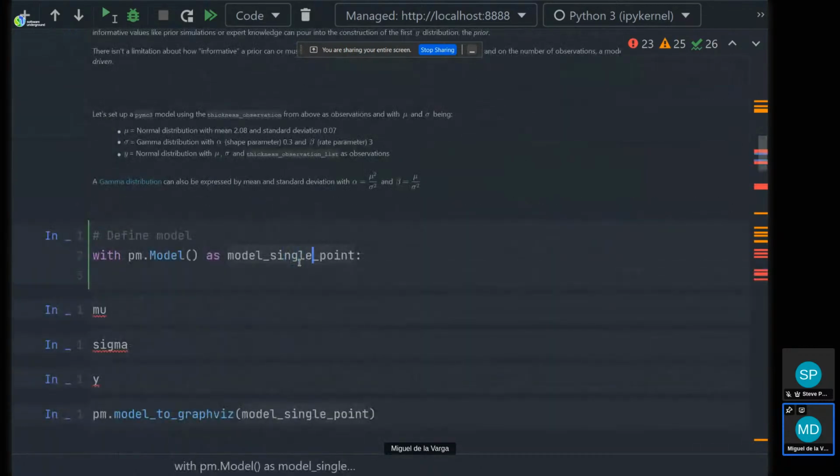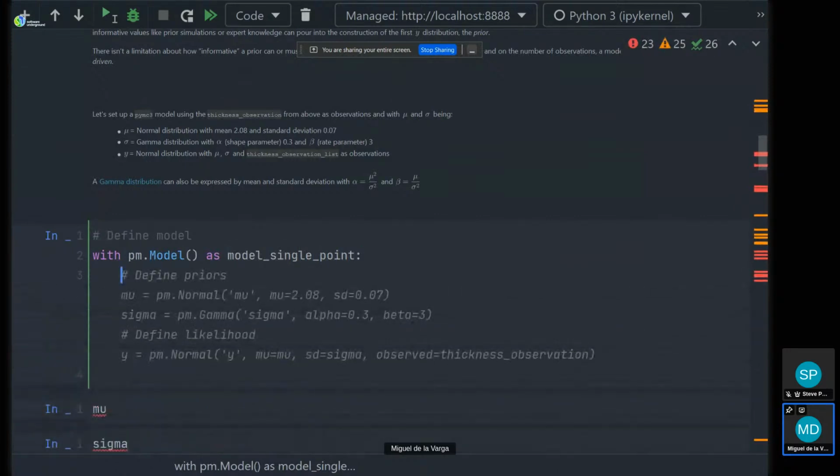So yeah, let's try to make our first probabilistic model, a very simple model. So in PyMC3, so in Bayesian inference in general,